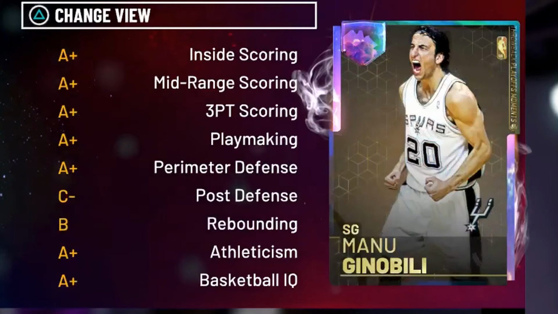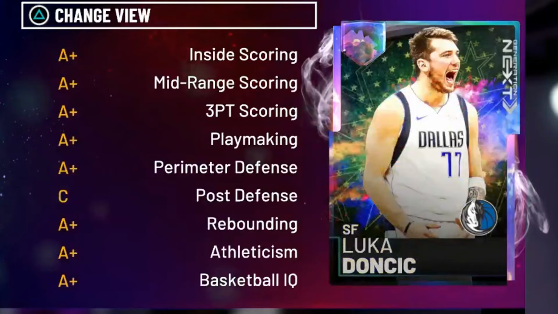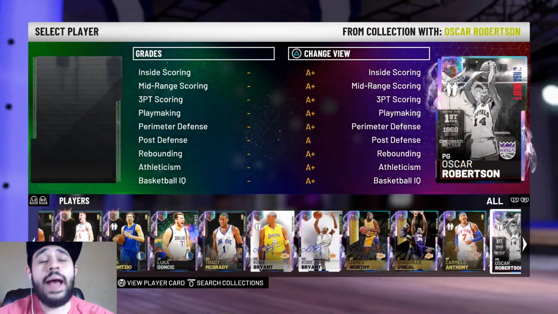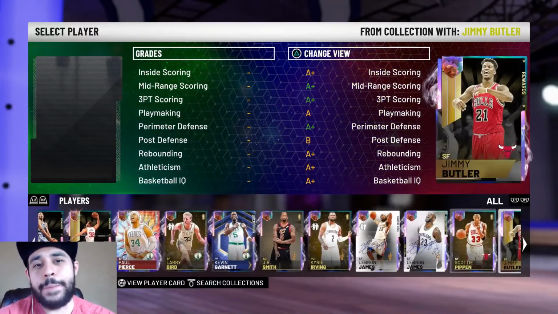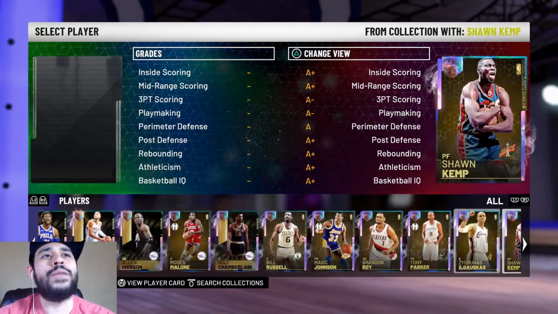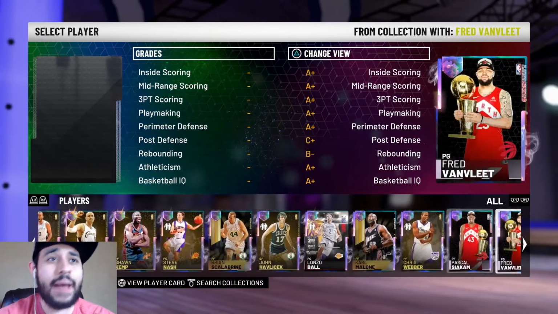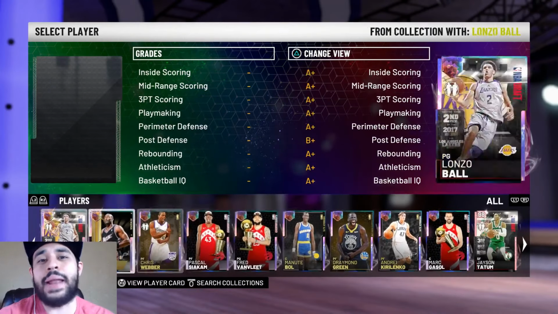Not 2, not 3, not 4, not 5, not 6, not 7. Not 10, not 20, not 30, not 40, not even 50, not even 60 or 70. But we now have over 80 Galaxy Opals in my team, and actually 81 in total in NBA 2K19 MyTeam,